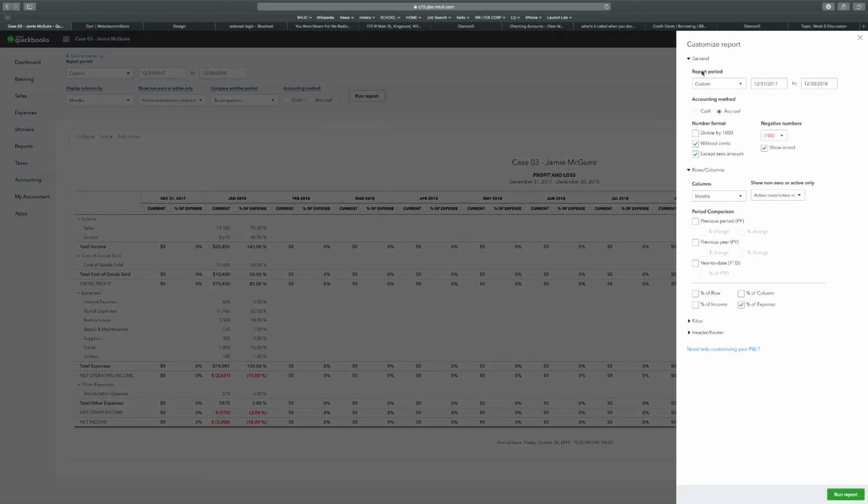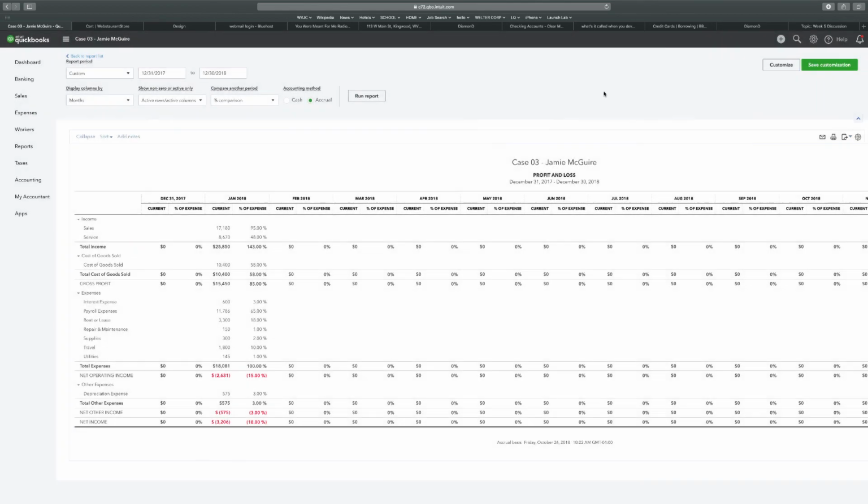To save the customization, literally once you have how you like it, you're going to click Save Customization, and it's going to ask you to name it. You're going to name it, put it in a certain report group, and then hit Save. I changed this up. I don't like how it is. I wouldn't look at this on a regular basis like this, so I'm not going to save this one. But if I did want to, I would just name the report, save, and it would save it with my other